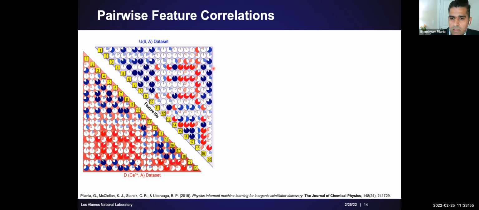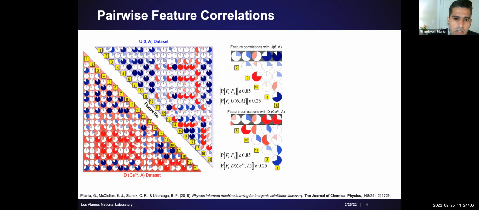When you take a look at this, you see that there are lots of features that are strongly correlated, and so we wanted to get rid of that redundant information. We do it in the following manner. If two features are correlated more than 85%, then we just include one of them, the one that is more strongly correlated with the target property. And if a feature has a Pearson correlation coefficient of less than 25% with the target property, then we don't include that feature, because there is not a strong correlation with the target property. We played around with these cutoffs, and eventually we found that these cutoffs work really well.